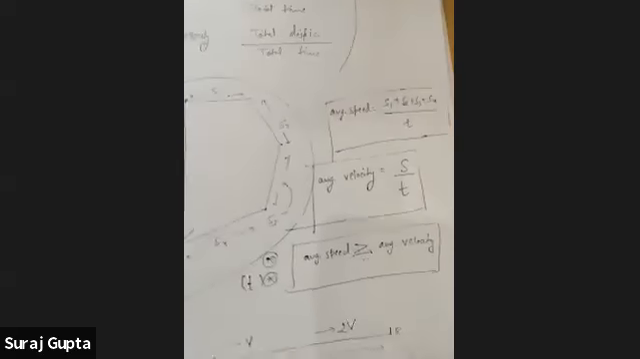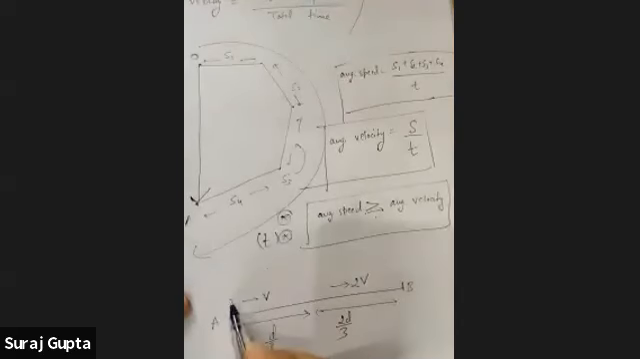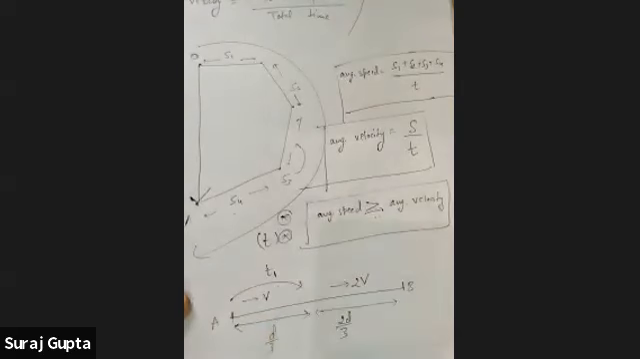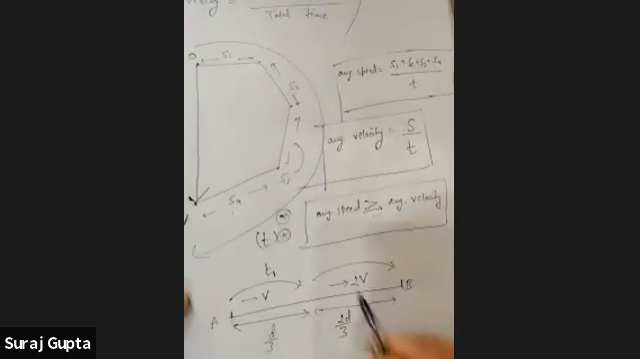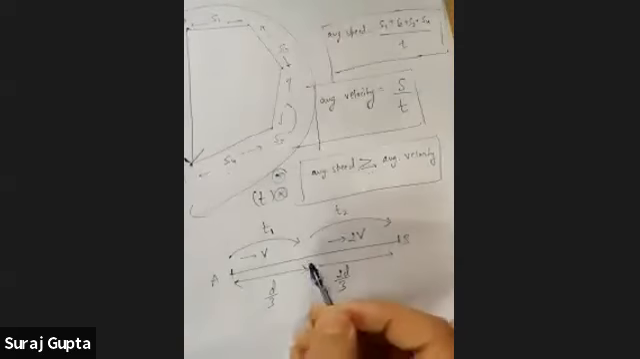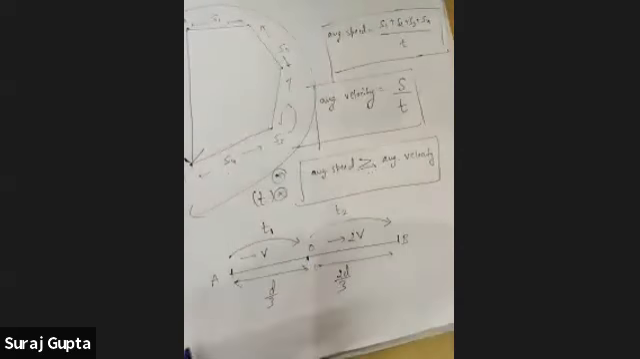Okay. Assume the time taken by the particle in moving the initial 1/3 is, let's say, t1, and the time taken by the particle to cover the remaining 2/3 is t2. So the 1/3 time is t1, the remaining 2/3 time is t2. Let's say this point is O. So for this journey AO,